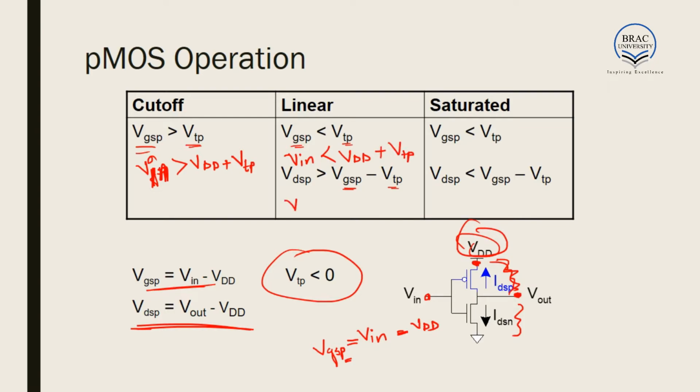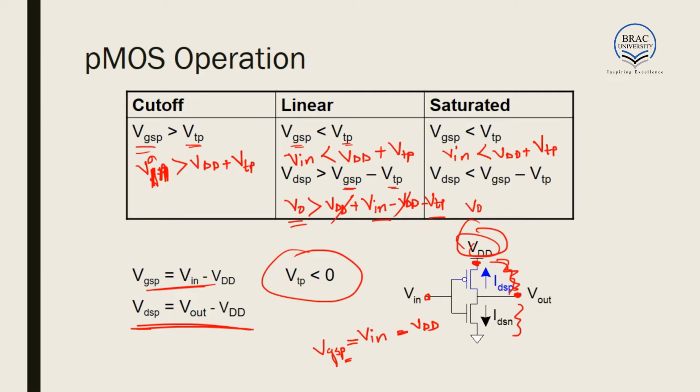And again, VDSP or Vout has to be greater than VDD plus Vin minus VDD. We are replacing VGSP minus VTP. So this positive and negative VDD get cancelled out. So Vout has to be Vin minus VTP. Again, in this case, Vin is lesser than VDD plus VTP, and in